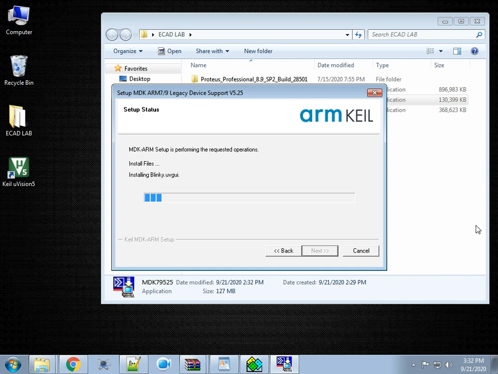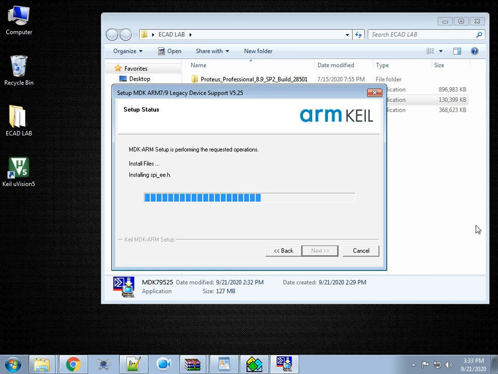So I installed first Keil, and after that I installed legacy support for Cortex-M, and after that legacy support for ARM7 to ARM9. That is not related to the Cortex-M processor. The previous one is Cortex-M. This is the basic thing you need to do to perform your lab. So what did we install? First the Keil platform, then the Keil ARM platform, after that legacy support for Cortex-M.